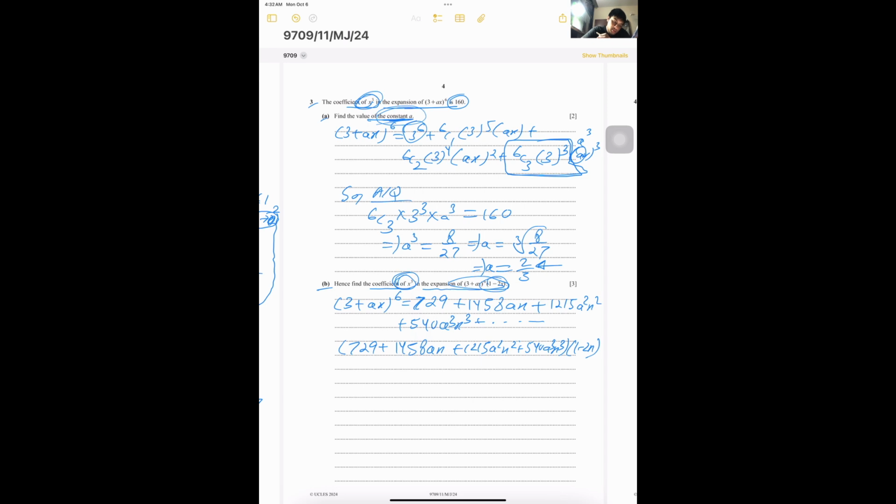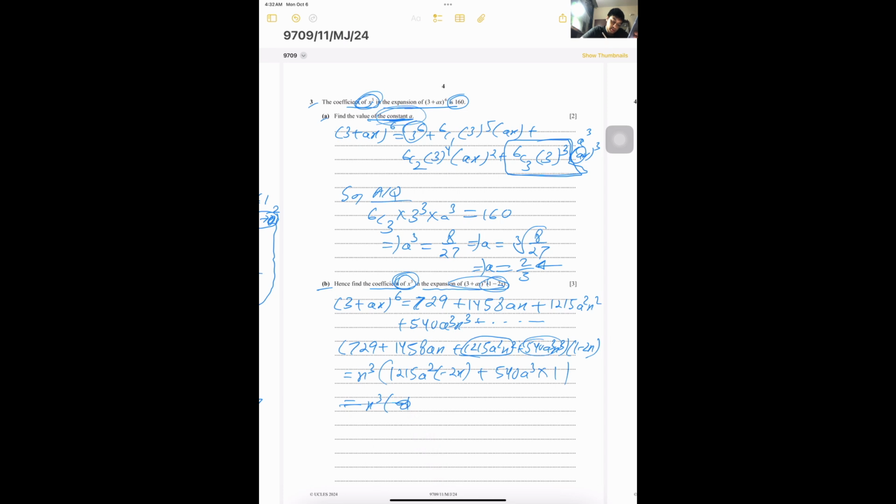We need the coefficient of x cubed only, so x cubed is this one, so 1215 a squared into minus 2x plus 540 a cubed into 1. This is only the x cubed, 1215 into minus 2 plus 540